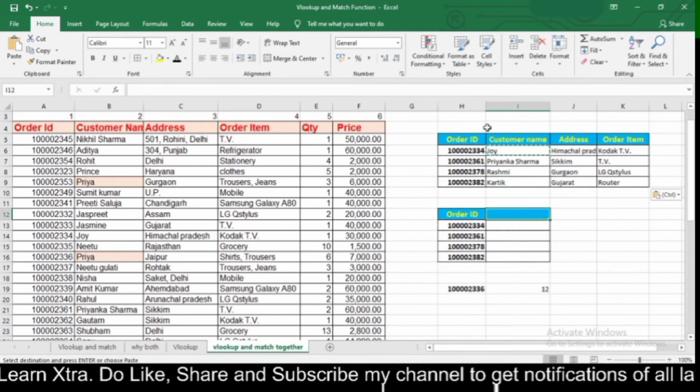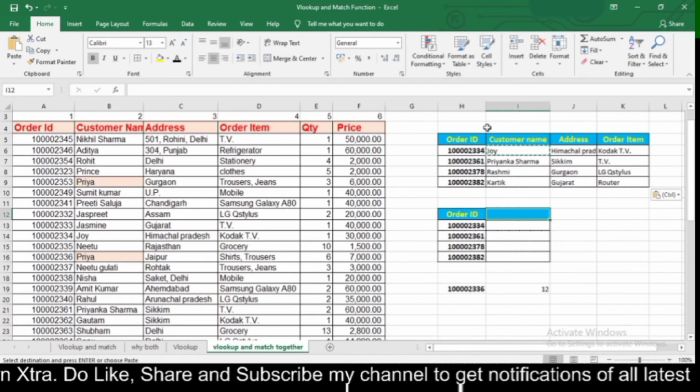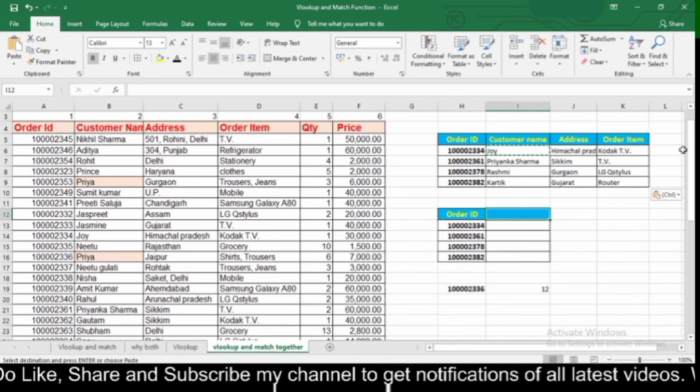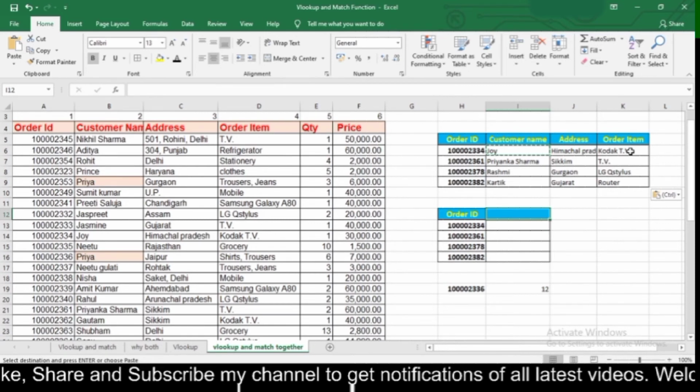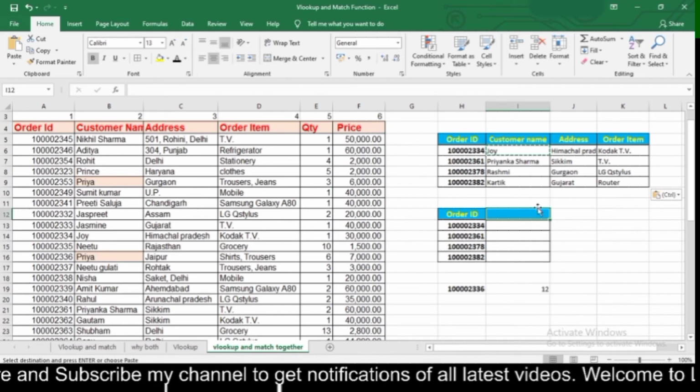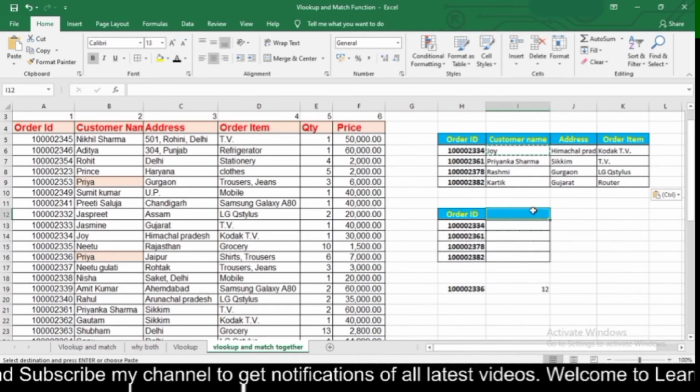Now if you don't want your customer name, address, order item, quantity, price and so on in different columns, we can add them in a single column only, that is here with the help of data validation.